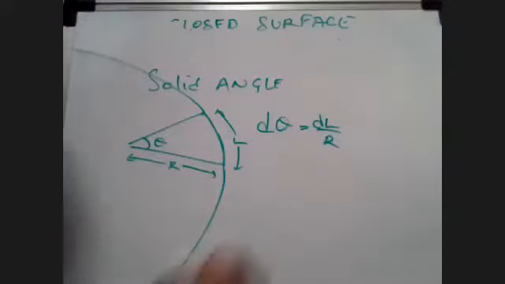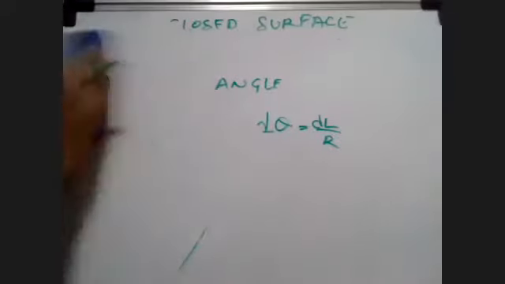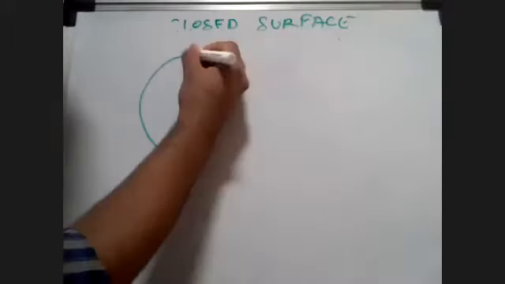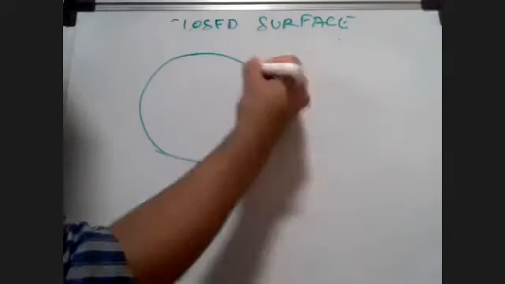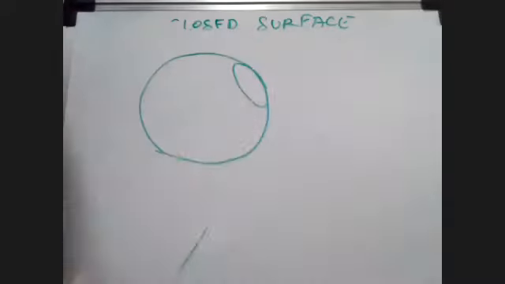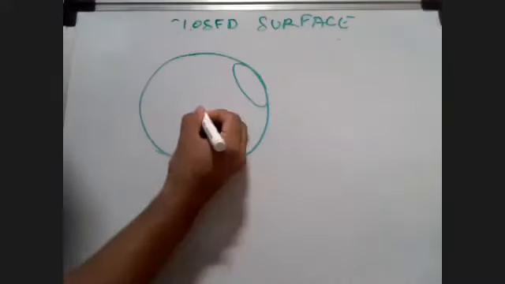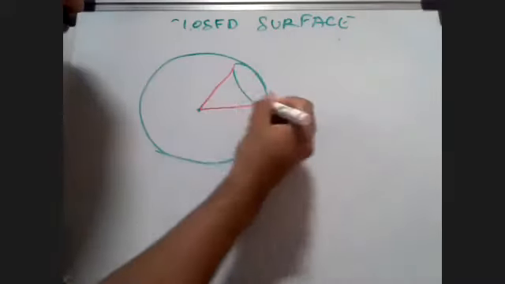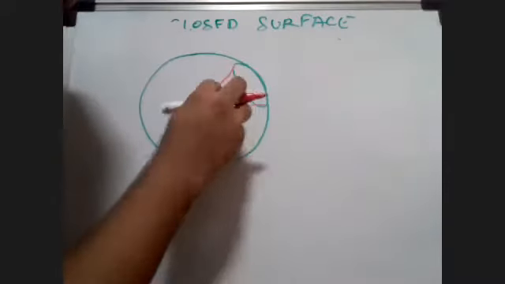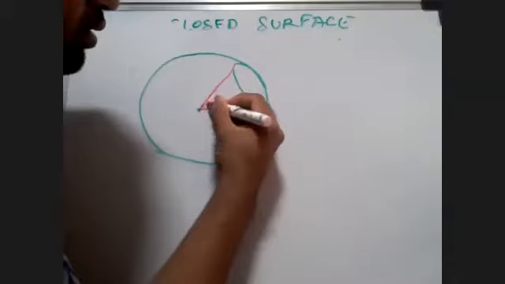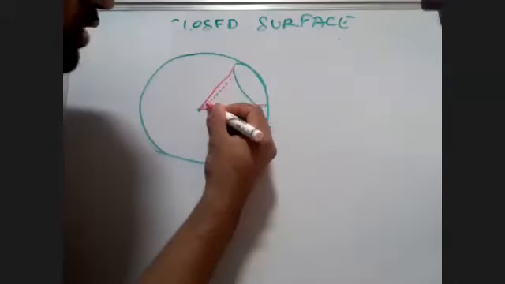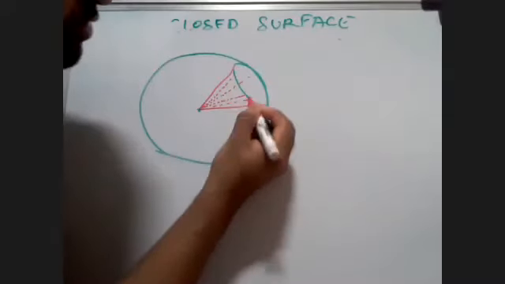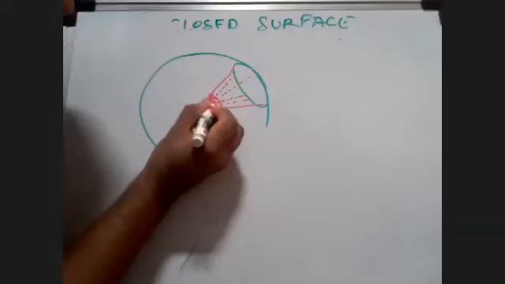Now, if you look at a sphere, what is it for a sphere? Let's consider a small sphere like this. Let's consider a small amount of area on that sphere. That small area is going to subtend some angle over here. Just in case the class ends, no problem, we'll continue it in the next lecture. Now look here. All points on this small area are going to subtend an angle over here, like this.